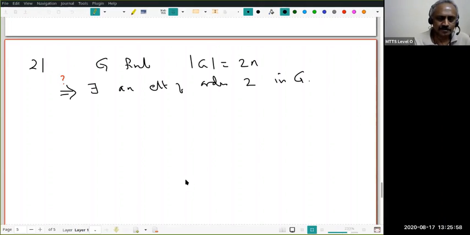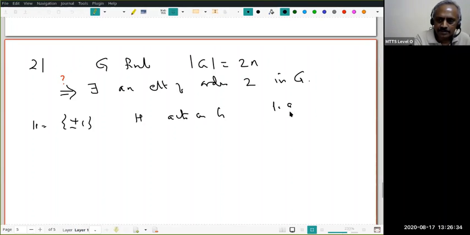Do you remember what group action I should use? I think in the first lecture itself, we observed some group action and said the orbit is a singleton if and only if the element is of order less than or equal to 2. Do you remember that? How many of you remember? The group was the multiplicative group of plus or minus 1. Since I used G already, let H be the group. It's not a subgroup of G. Now H acts on G. How does it act? 1 dot g is g, minus 1 dot g is g inverse.